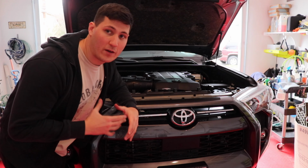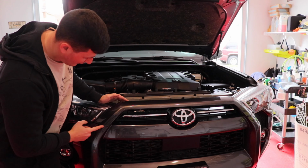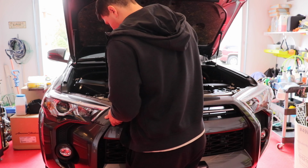All right, so now that we have everything else removed, what we're gonna go ahead and do is remove this actual upper portion. You can see the two lines right here. Just be very gentle when you're taking this off because this is where a lot of your clips are gonna tend to break. These guys you do not have to take out because these are actually a lower rail on here, and it looks like when you're pulling this up, you see these flexing because of those little clips right in